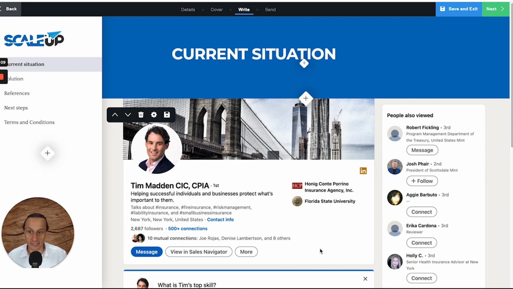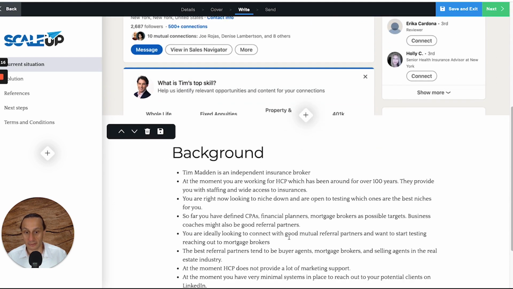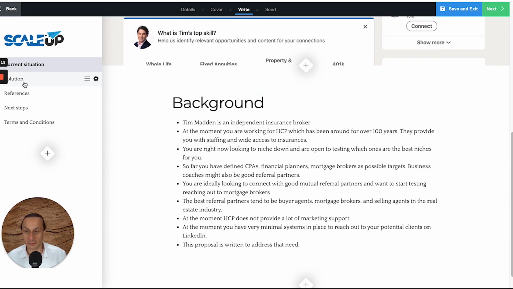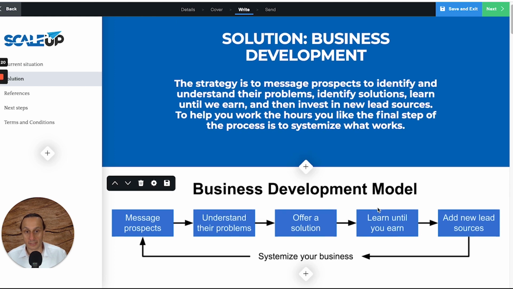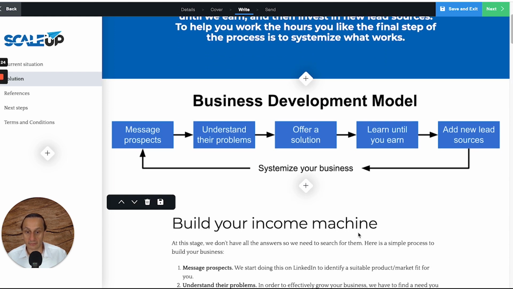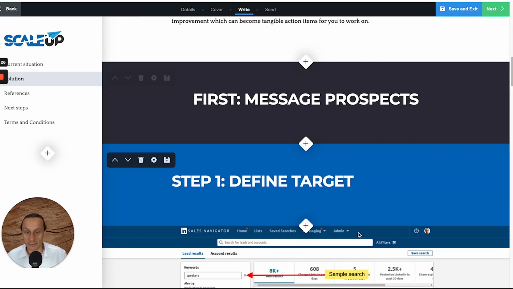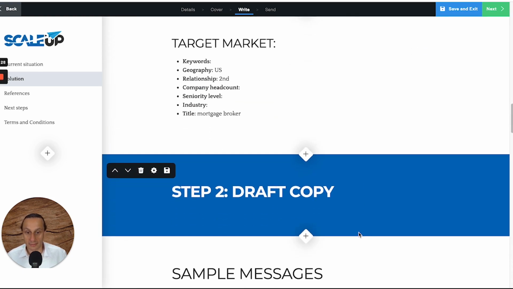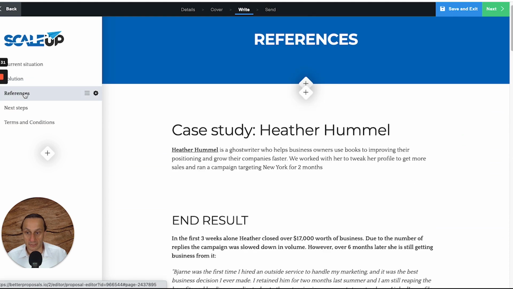So here you see that I've broken this down into a few different steps. The first one is the current situation, where I write down a little bit of the background of the person that I'm having a meeting with. I have a page here with the solution, where I get into how they can generate the results that they're after. I have a page with references,